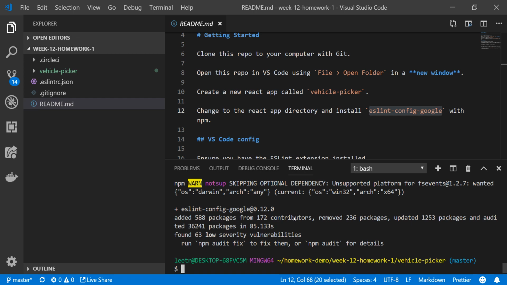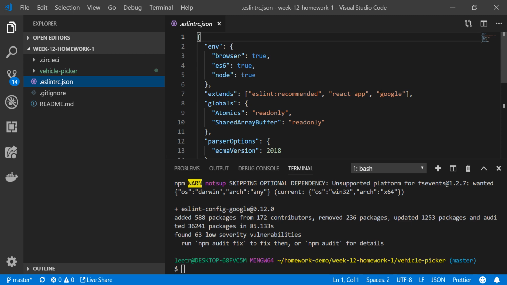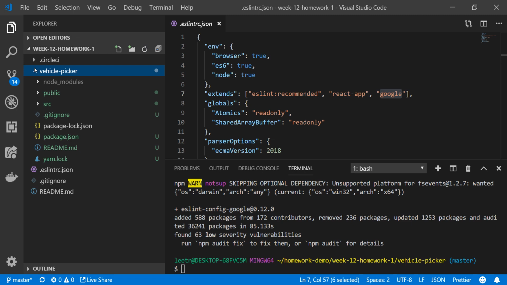Great. Now that that's finished, we've installed the Google ESLint configuration that we're extending. So once again, if we look in eslintrc.json, we have this Google style guide that we want to extend with. And in order for that to work, that has to be installed. So we've used npm to install that package, and now we get to share in that code. So we have ESLint, the configuration file is here. We have run our create React app command, created the vehicle picker directory. We went in there, we installed the Google style guide,